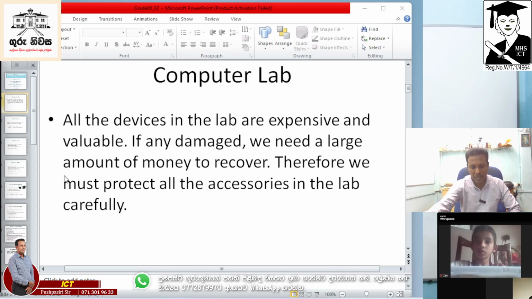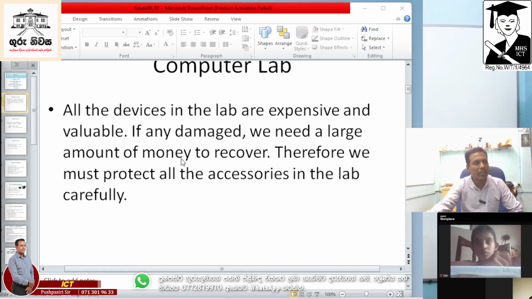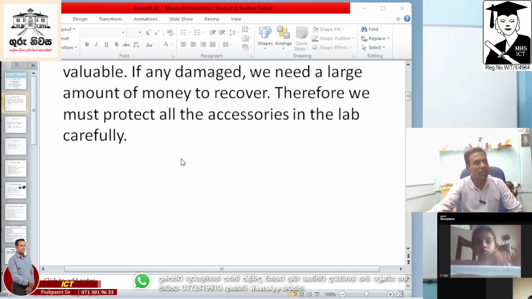That means it's a place where all the expensive items are: expensive computers, screens, and then printers. So all these things are available inside the lab. Okay. So this is what we call a laboratory. We have to use them very carefully. Right. Then next one is